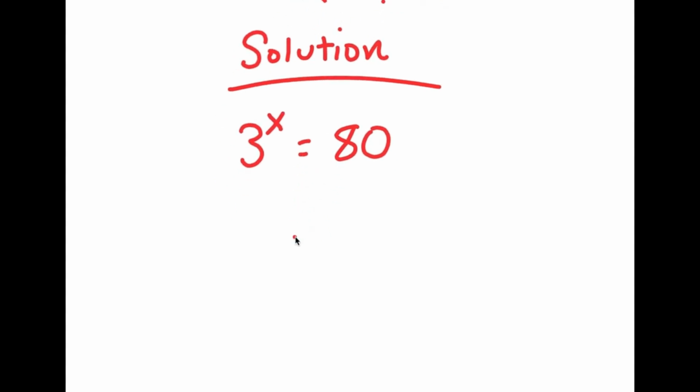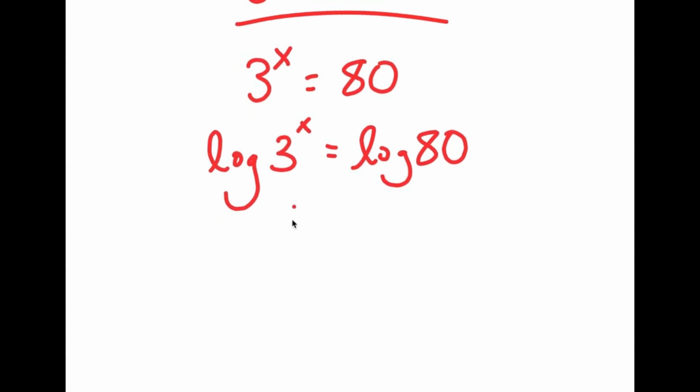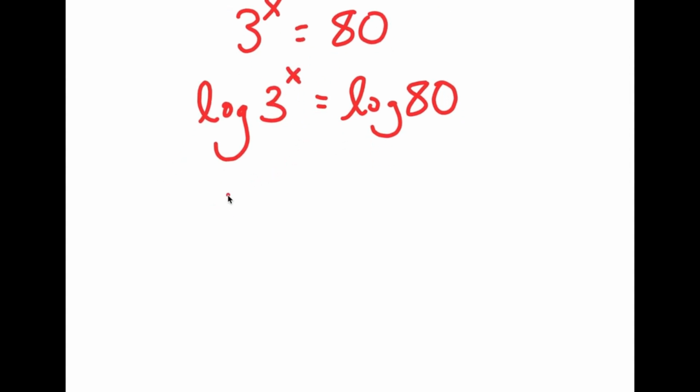And now, I'm going to take the log on both sides. So I get log 3 to the power of x is equal to log 80. Now, we want to find the value of x, right? And to get x, it's hard to do it when it's in exponent form. So we want to find a way to bring x down to make it a real term. And to do that,